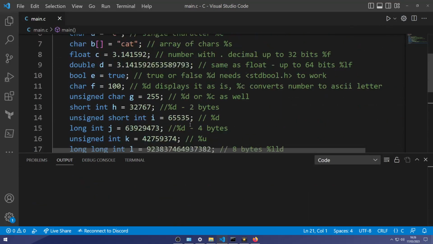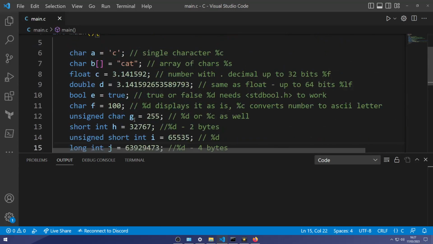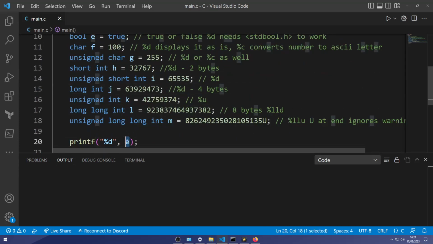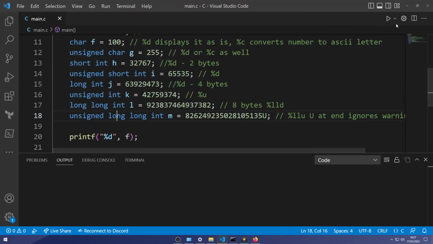Our next one is a character, which is the F, and we're going to call it with %c to get that ASCII code. And if we use a %d, we'll just get the number.